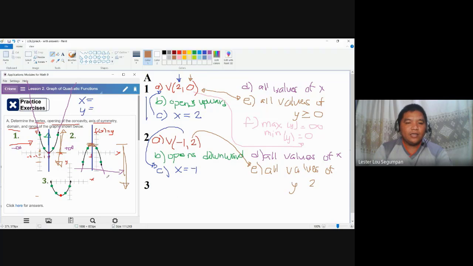Aside from earlier, where it goes upward, here it goes downward. In short, it did not reach 3, it did not reach 4, it did not reach 5 on the y-axis. So 2 here is the maximum. So it should actually be the other way around, less than or equal to 2. And again, if I use here the maximum value for y and the minimum value for y, the maximum is now actually 2, and the minimum is actually negative infinity. It now interchanged because the graph is now opening downward.